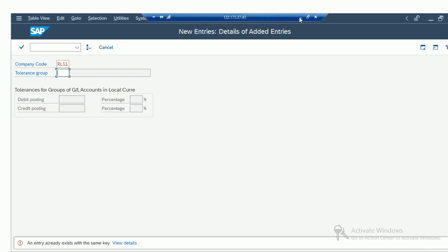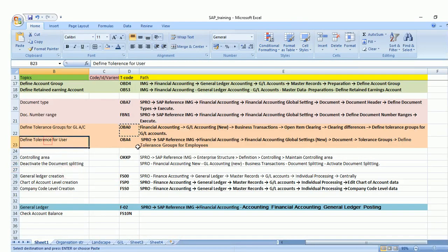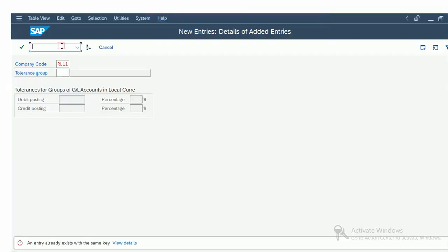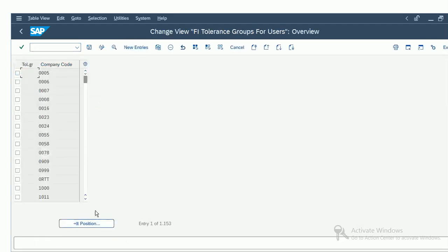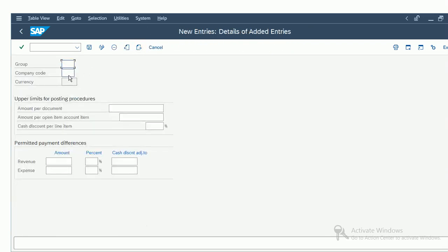Okay. Then next we have define tolerance for user. So T code is OBA4. We select this. I think this is already maintained in the system, so I'll just try to explain you. Okay, so it is already there. So what you have to do, just select new entry, enter your company code, and then here you can see amount per document authorization, and then amount per open item account, and then cash discount.